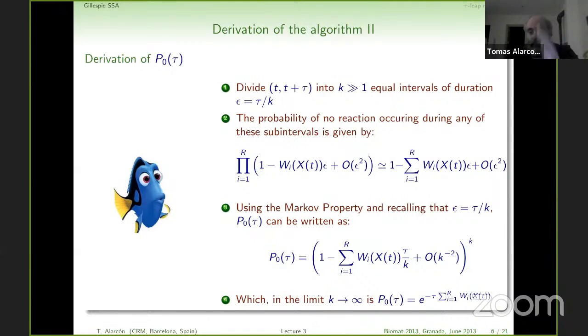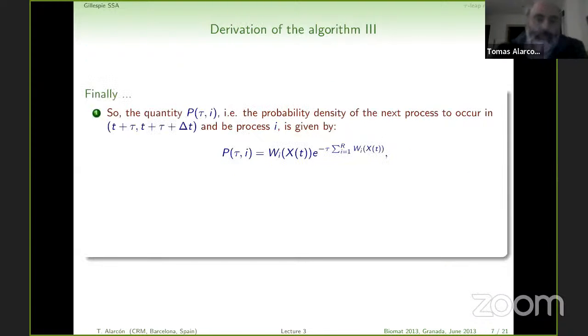So this means that the state of the system is still the same state as we had at time t. Okay, so with this,